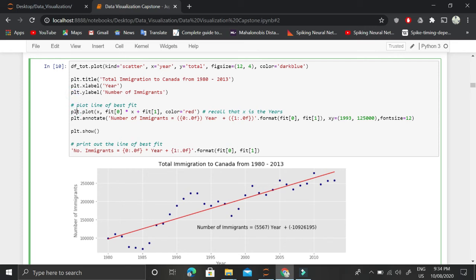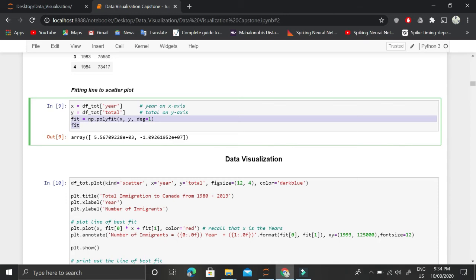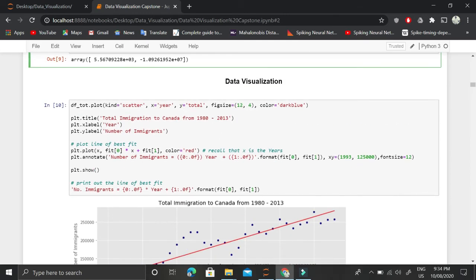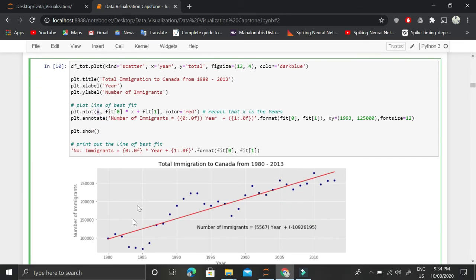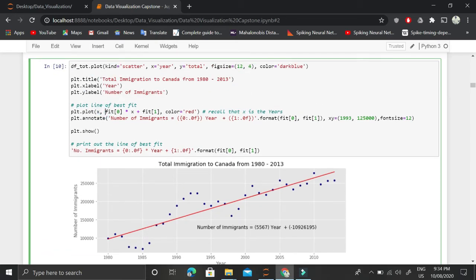Then above this scatter plot in this figure, we want to plot a line, and that line is a fitted best linear regression line. And this is the formula for that, where x-axis is a value of x-axis, the y-axis is actually the fitted line having this formula. The first term is slope, which is multiplied by the input x and added with the intercept term. And we say that the color of the line should be red.